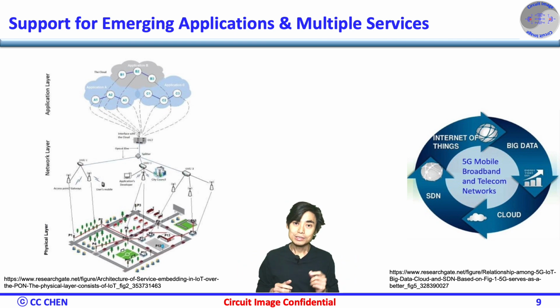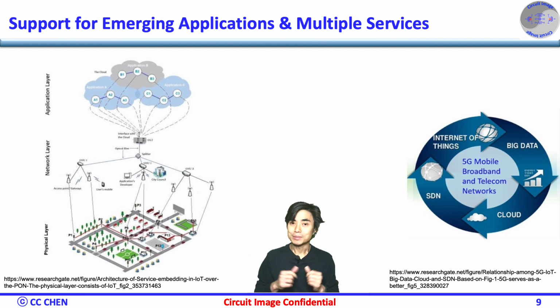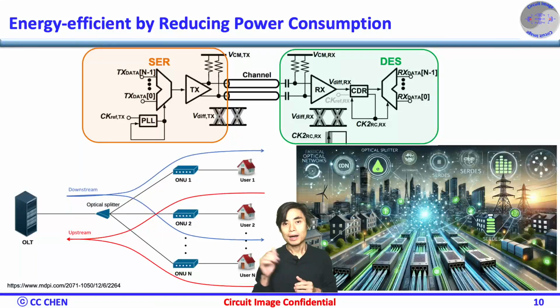PON ensures the fiber to the home infrastructure, while SerDes efficiently shares data for rapid communication, enabling the high-speed performance needed for modern, data-intensive applications. PON networks are designed for energy efficiency, thanks to passive optical components like splitters that require no power,